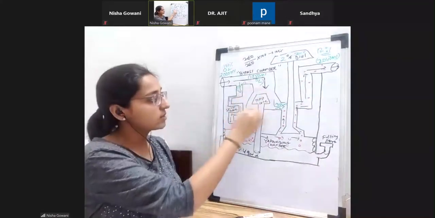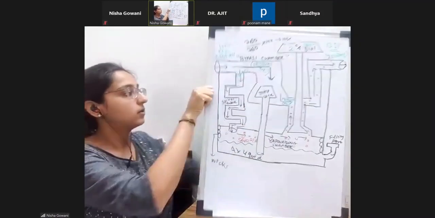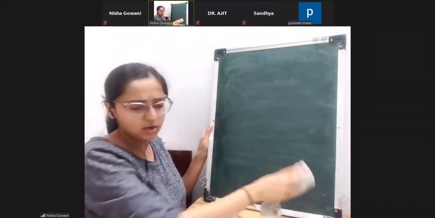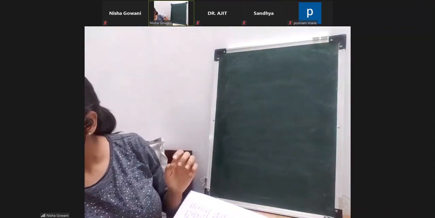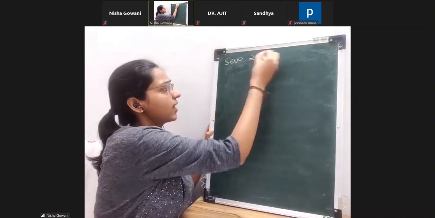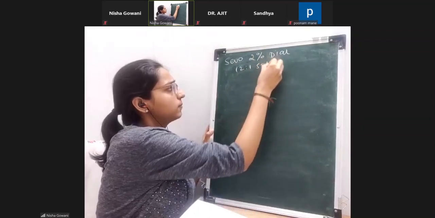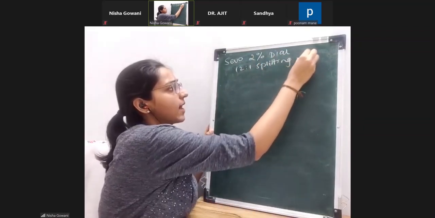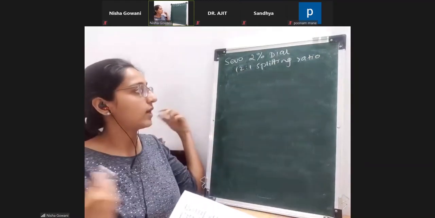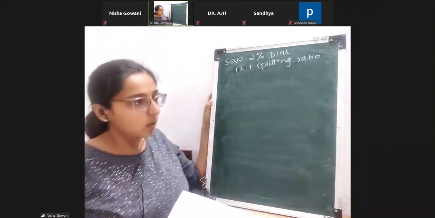Okay. As I told you, this is how it splits, right? So how much ml is going to be picked up? I'm sorry, but we are doing this crazy calculation again, but I will just explain it to you. So we have kept the concentration dial at 2%, okay? And this means there is going to be a 12:1 splitting ratio. This is calibrated already, okay? It's calibrated in advance for the vaporizer for sevoflurane. Now, when we saw that 12:1 splitting ratio, we already understood how 1850 and 150 comes.